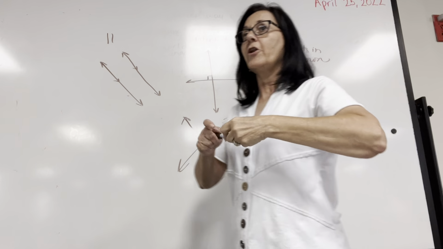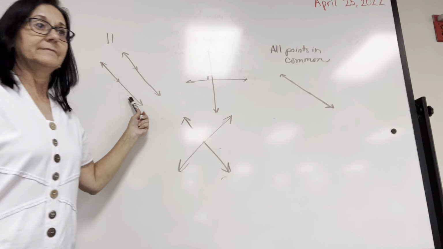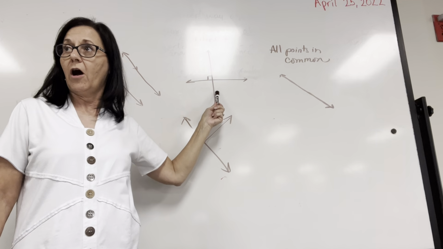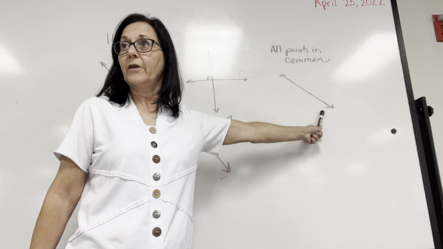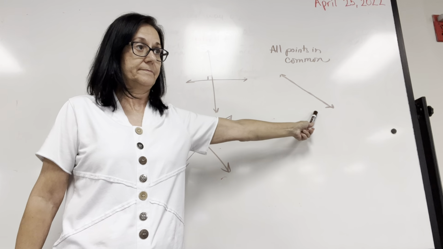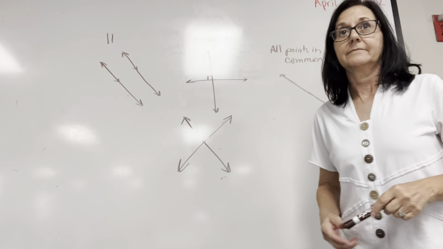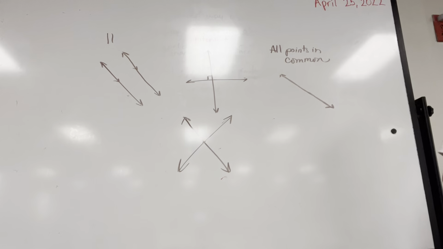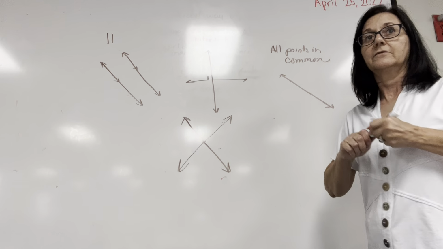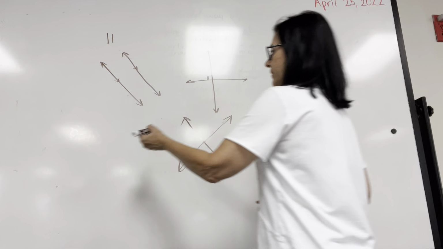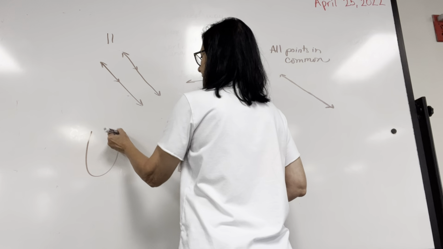Either they have no points in common, they have one point in common, or they have all points in common. Those are the only three options for lines, and they always exist on a plane. So curved lines don't count as lines? They're called curves. Yeah, curves can intersect